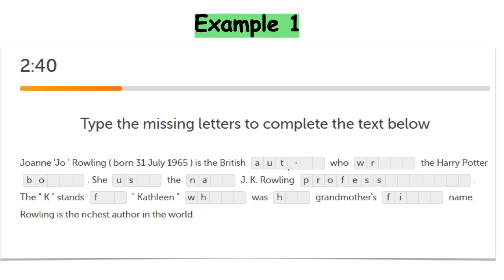Type the missing letters to complete the text below. Example number 1. Let's first read the first and last sentence of the paragraph. Joanne Jo Rowling, born 31st July 1965, is the British dash. Who dash the Harry Potter dash. The last sentence is Rowling is the richest author in the world. So over here we are talking about an author or the writer, and we are talking about the book Harry